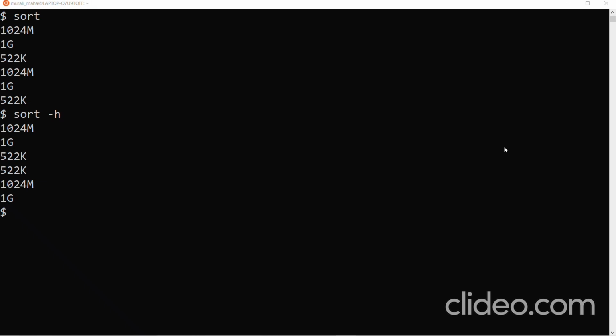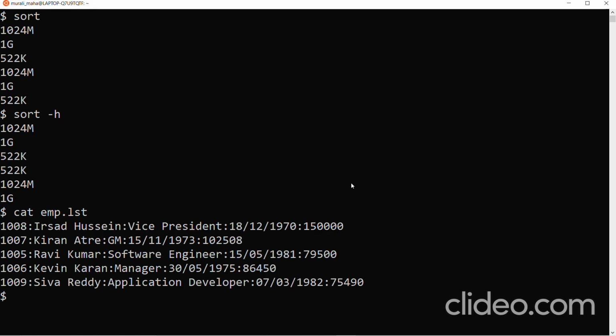Next, let us consider one input file called emp.lst. I want to sort based on salaries. There is a set of employee records. In every employee record, based on the colon delimiter, the fifth field is the salary field. So I want to sort these records in ascending order of salary.